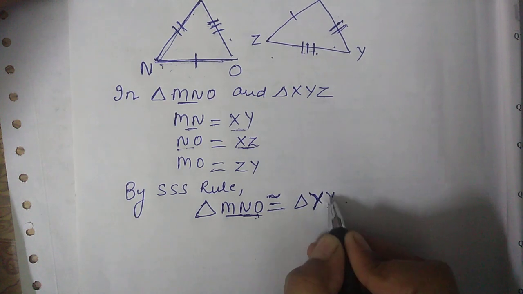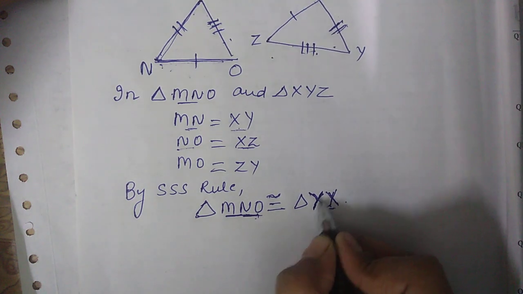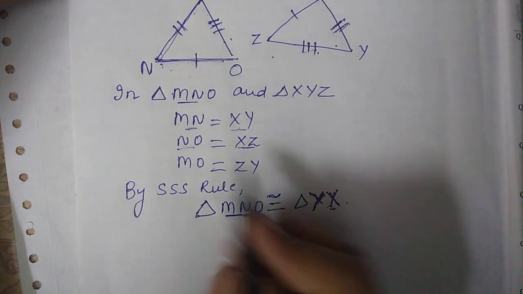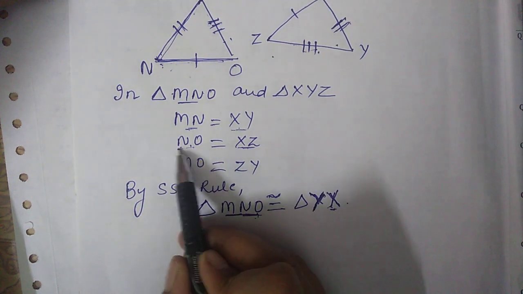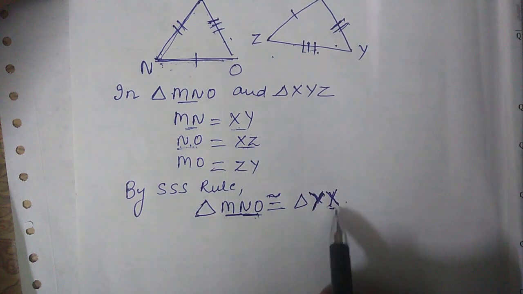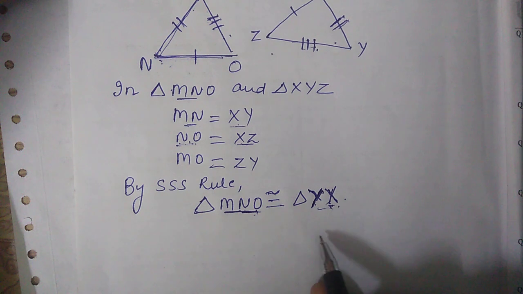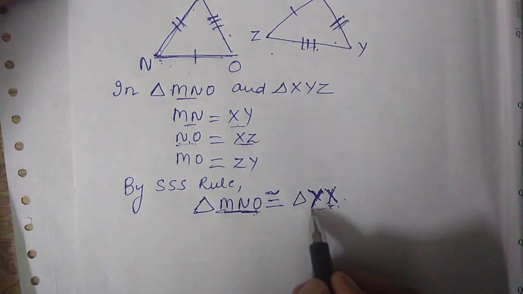Here I will write y and here I will write x. There is no difference between yx and xy. As I am not getting this naming, I have just replaced them. I have written yx in place of xy. So for MN, I have written it as YX.